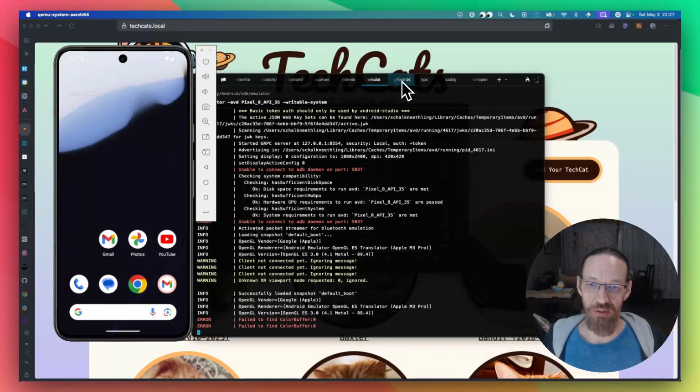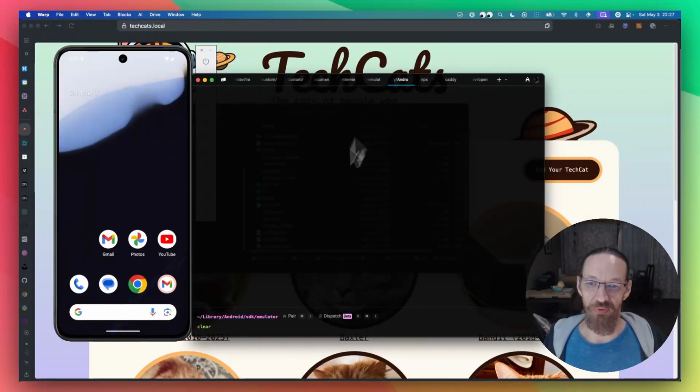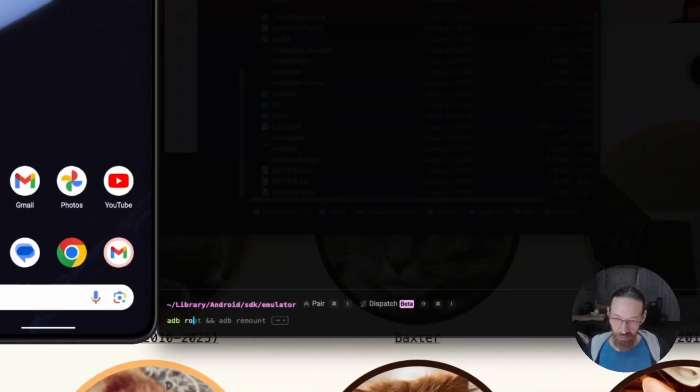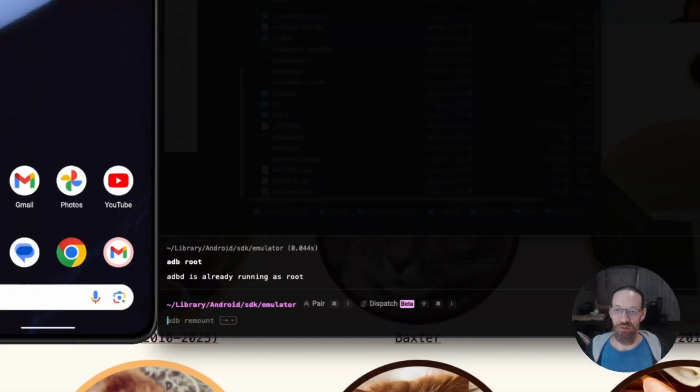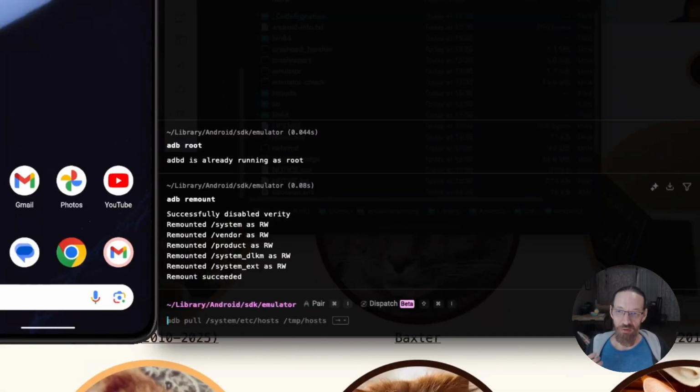Great. So in a separate tab, but in the same folder, although I doubt that this really matters, I'm going to do adb root. That just makes sure that we are running as root. I'm already running adbd as root. Then I'm going to do adb remount. That is just to make sure that it's in a write state so that we can actually read and write. And then what we want to do is adb pull,